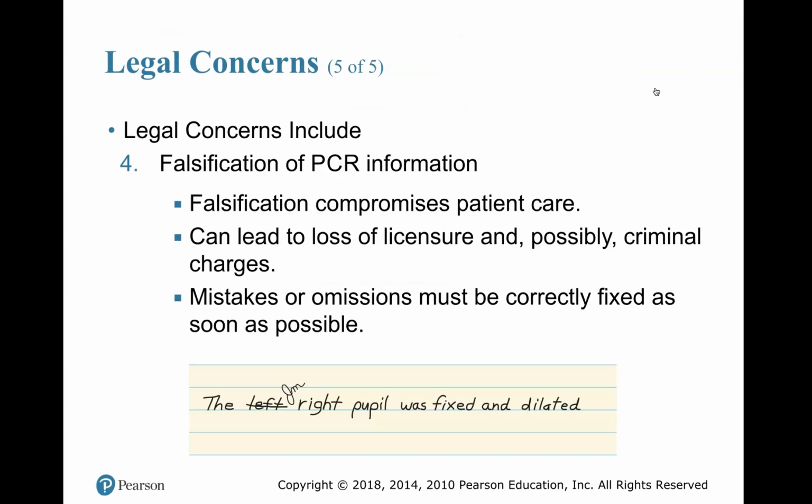Falsification of PCR information. Falsification compromises patient care. It can lead to loss of licensure and possibly criminal charges. Mistakes or omissions must be correctly fixed as soon as possible. You see right there down at the bottom, there's a word that was obviously incorrect. The EMT drew one line through it and initialed. That is the standard, oops, I made a mistake, and I'm not trying to cover it up. And when people see that, they'll understand that it was a mistake and you fixed it. Okay? Must initial all